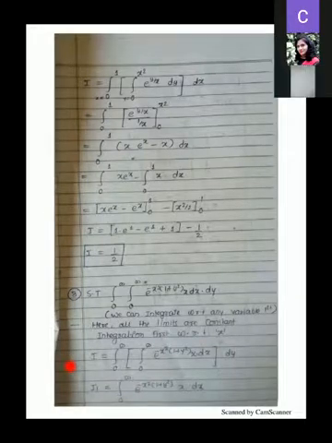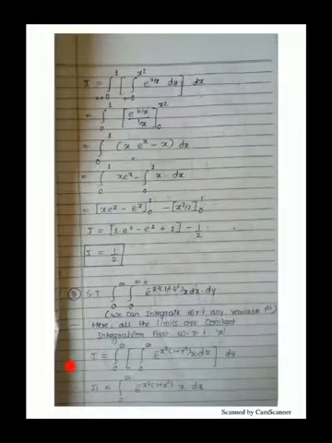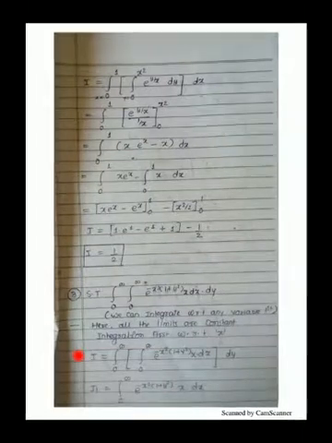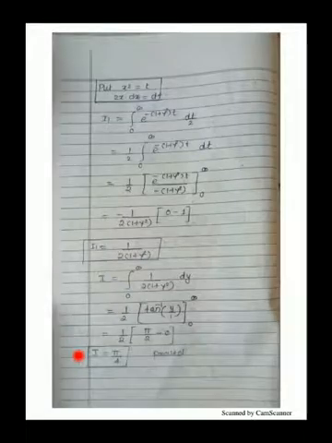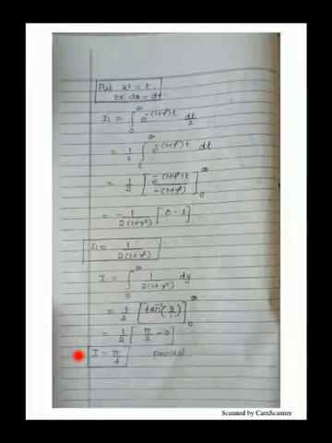So integration 0 to infinity outside, and inside integration 0 to infinity e raised to minus x square into 1 plus y square, x dx, taken inside, keeping dy outside. So consider this inside integral as I1. So we are solving I1 first. So how to solve this value? In this example, you can't solve by using direct integration. So there is a substitution.